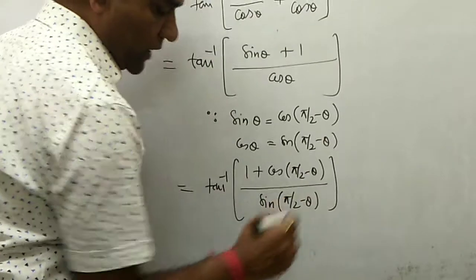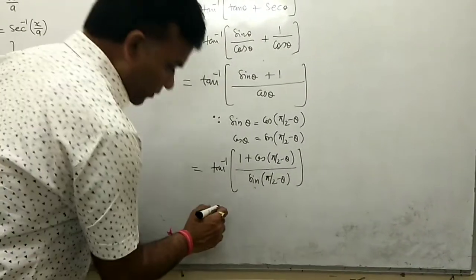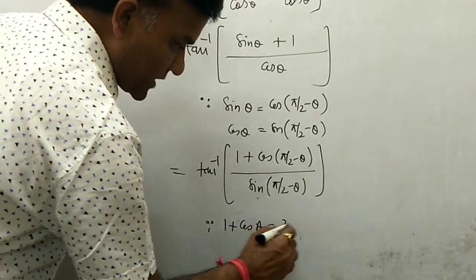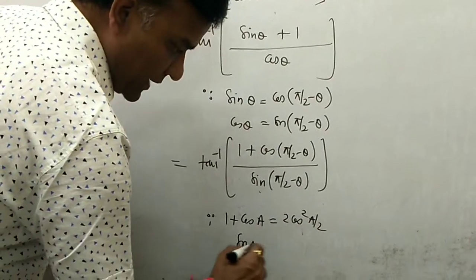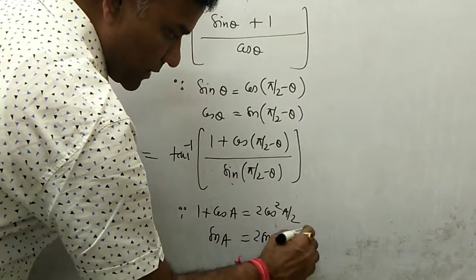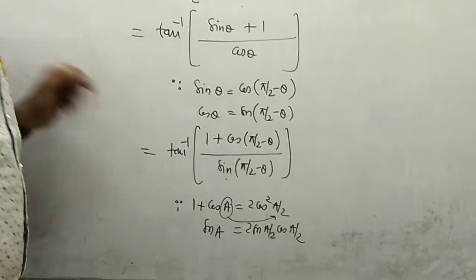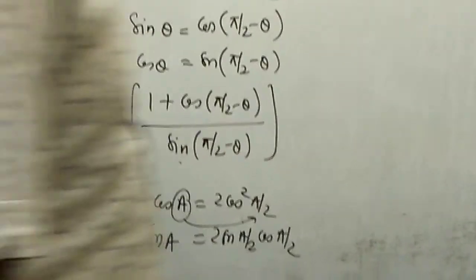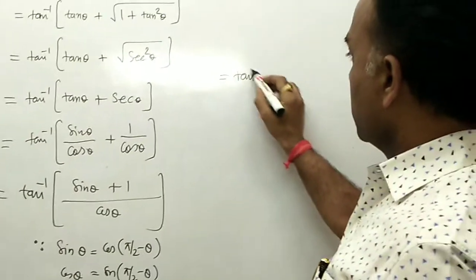Now both trigonometrical ratios have changed, and we know the formula that 1 plus cos a is 2 cos square a by 2, and similarly sin a is 2 sin a by 2 cos a by 2. Okay, now this formula is converted to the half angle. So half angle is very important. Now your angle is pi by 2 minus theta, so it converts into the half, which is pi by 4 minus theta by 2. So here you convert this value, tan inverse